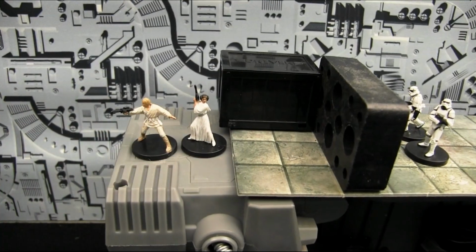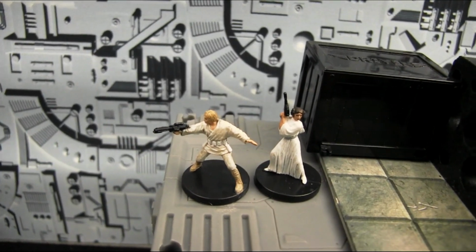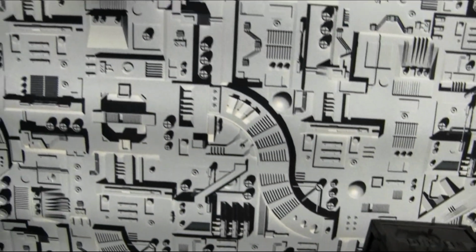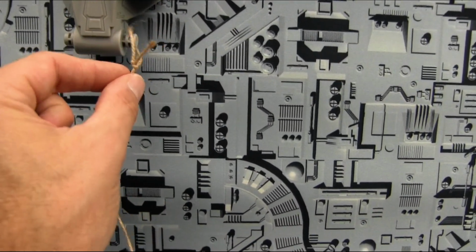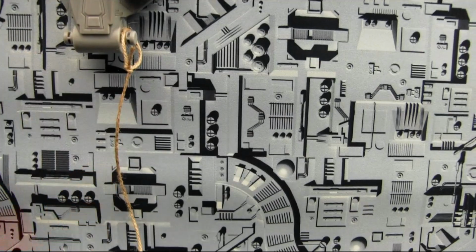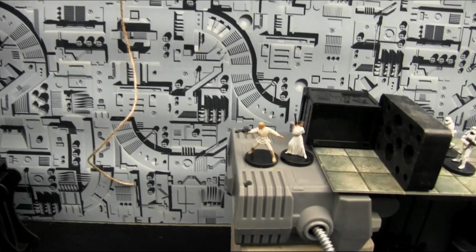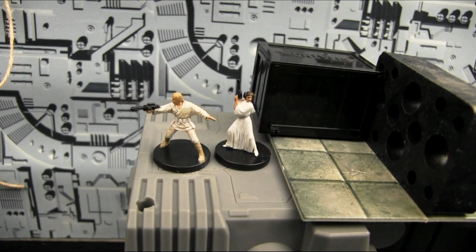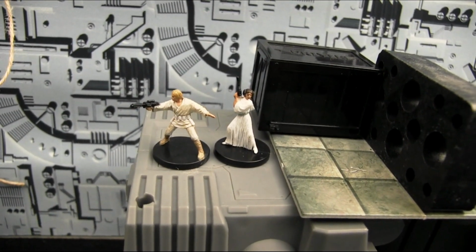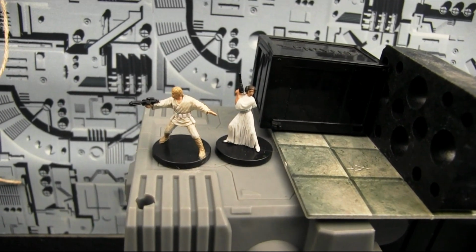A couple of quick rules that are special to this scenario. The first one deals with Luke's grappling hook. As we look above Luke and Leia, we see that there is this machine up here, and this is a place in which Luke can connect with his rope. We're going to be using this piece of twine as a stand-in for Luke's rope and grappling hook. Now, Luke will have to use an action in order to try to get the hook up there instead of attacking in his turn. And the way that this will play out is that it will get easier and easier